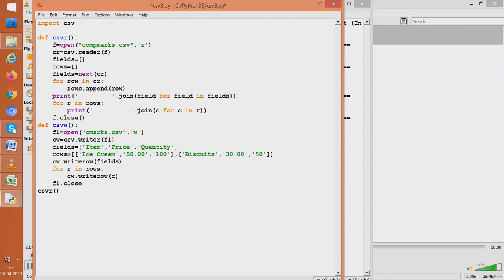Now if I want to see whether it works fine or not, what shall we do? We will first change this, because I created the CMarks file, and I want to see whether the CMarks file kept the data or not. So we'll use the reader function to read CMarks now. It makes things understandable, because we first run the write function so that the file gets created. Then we run the read function so that we see whether whatever was created is shown, and whether it has been created properly or not. So shall we start? Let us start.